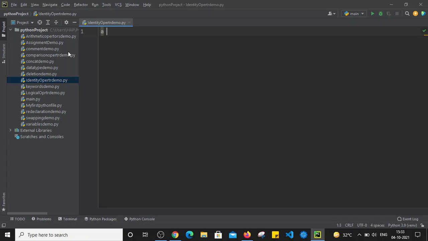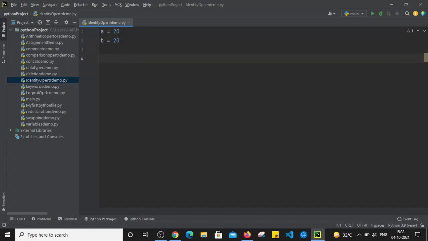I am going to have one variable a equal to 20. So I am assigning the value of 20 to variable a. Then I am going to have one more variable b, and let's assign the value as 20. Now if I want to see the identity or the memory location where a and b are referring to, I'm going to use the id function.